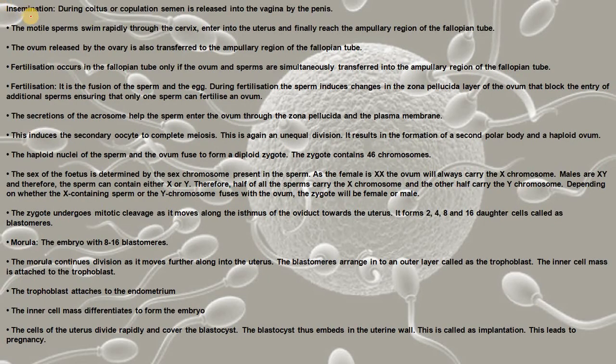Before that, you need to know about some terms. What is insemination? During the coitus or copulation, the semen is released into the vagina or the birth canal by the penis. The motile sperm swim rapidly through the cervix, enter into the uterus, and finally reach the ampullary region of the fallopian tube. The ovum released by the ovary is also transferred to the ampullary region of the fallopian